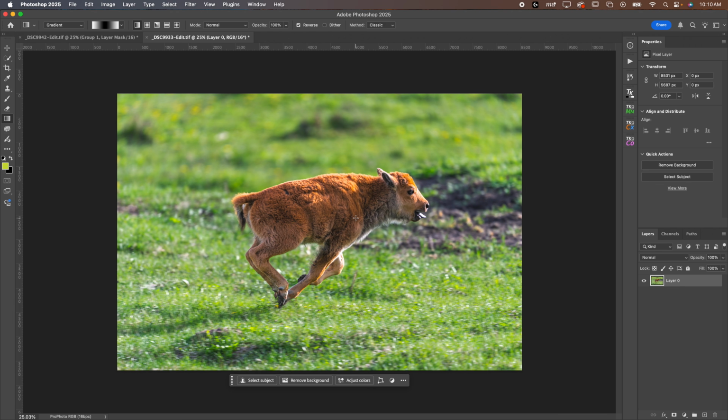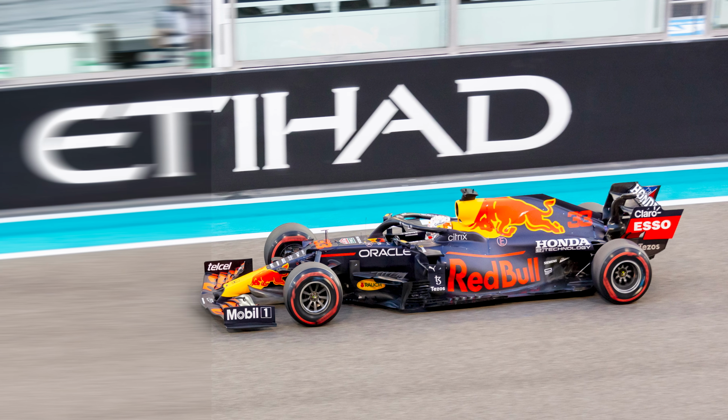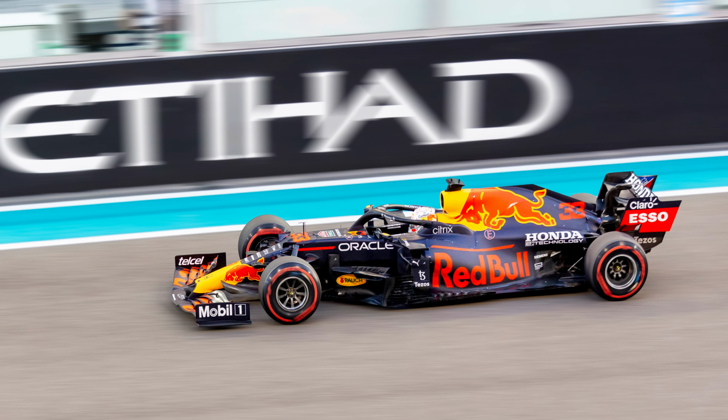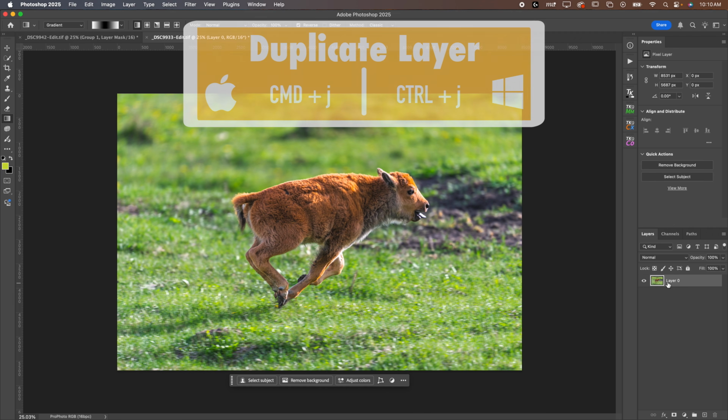This works great if you're a car photographer, or wildlife, or portraits, anything where someone is moving. This helps to create a little bit of movement in your scene. And I'm going to show you how to do it, as well as cover a couple different techniques for a photo like this. So if you already have a flat background layer here, you can just duplicate it, Command J,